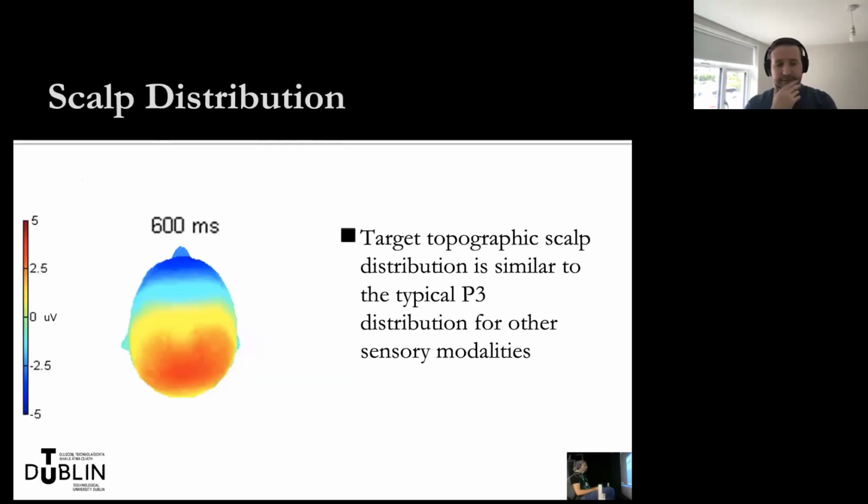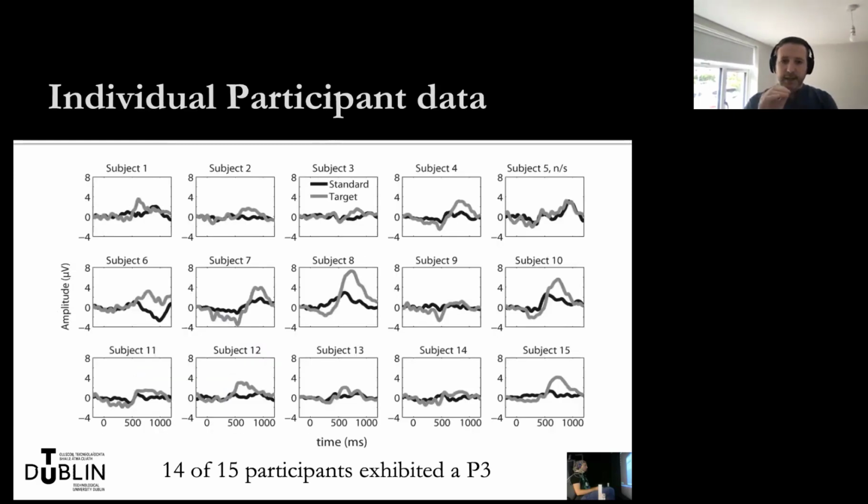And that's the topo map. I should say, the student I did this with, Hugh, went to loads of trouble and made quite a popular ICA analysis toolbox to analyze this data. And now it does look messy, but if anyone does EEG, they know human subjects are messy, and even